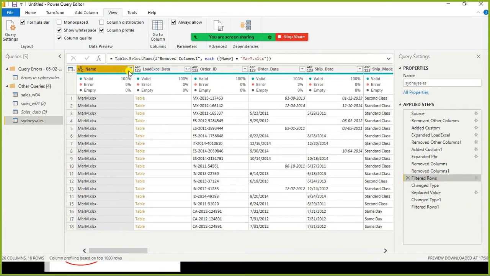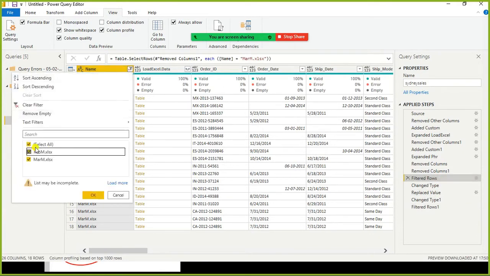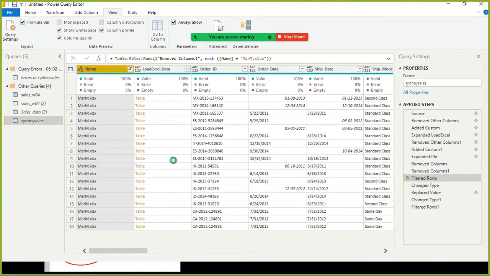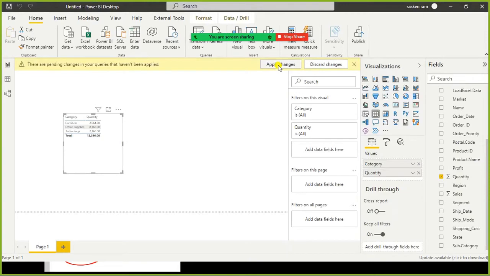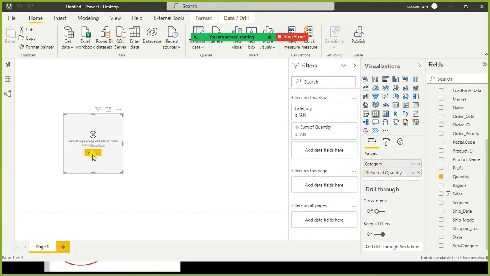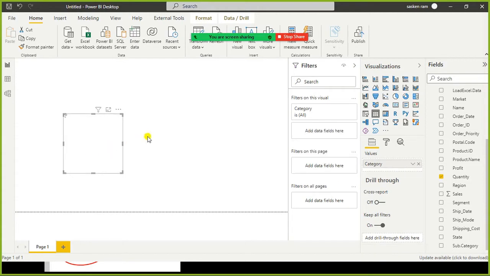Filtered rows. Here I'm going to check this one, and select this one also now. I click on OK. $12,396. Let's see if this should increase now. It's not the amount, it's a quantity. A little bit of increase should be there, because those 3 records got rejected. No, it is not doing anything. Only this quantity. Where is the quantity? See, quantity also has some problem now.